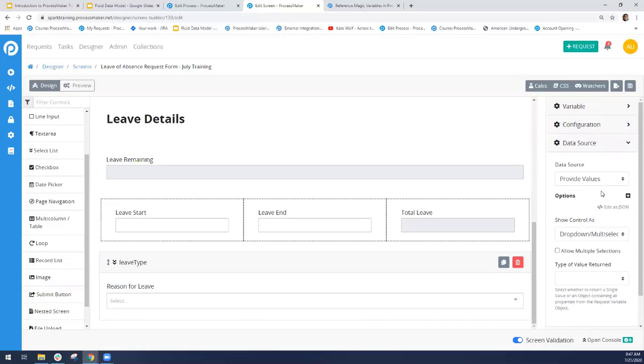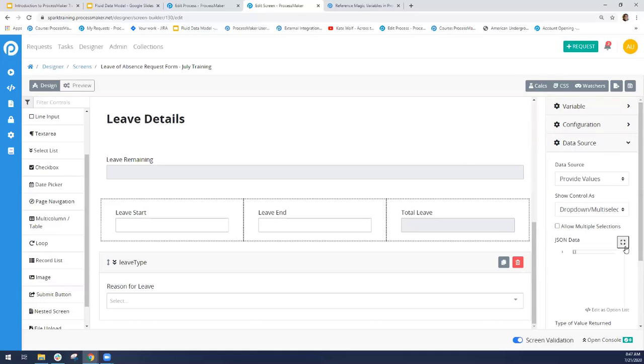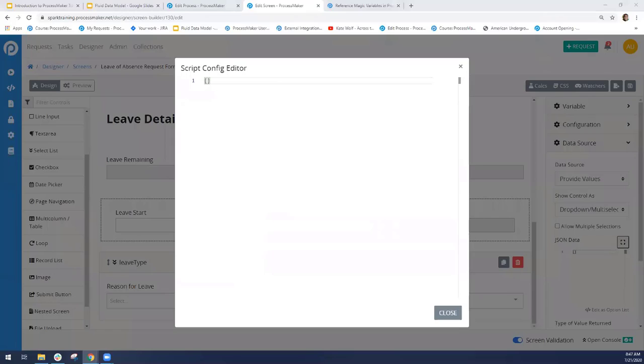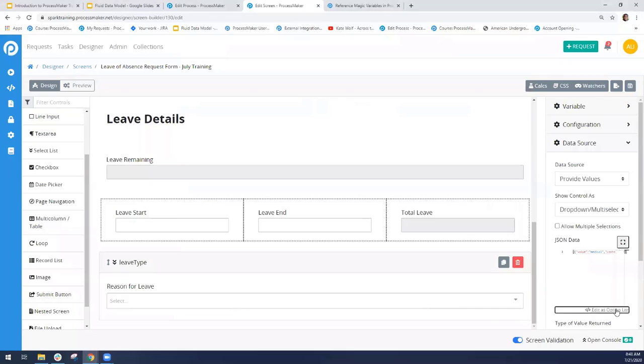So I'm going to go straight to the status source, and I'm going to enter these options as a JSON object. I'm just going to copy and paste this from another location so you don't have to see me type this all out. So just give me a second while I get that text. There we go. And I just got to delete these brackets here. All right. So I've got those options now,